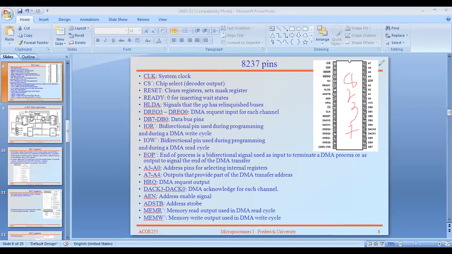Memory read or memory write, IO read and IO write. At the same time, I want to send data from the external IO device or from memory directly into another memory or the memory of the processor. That's why it also contains one data bus for the connection between the external or IO device.